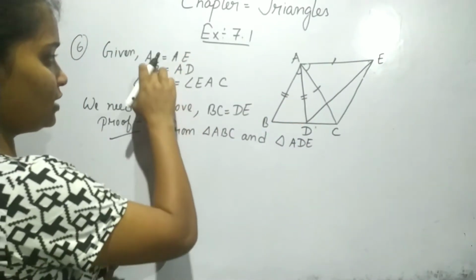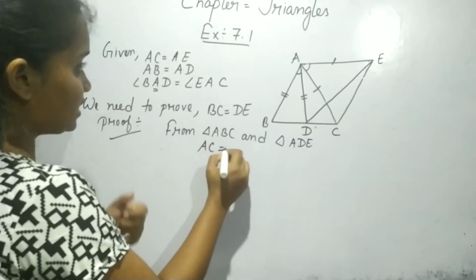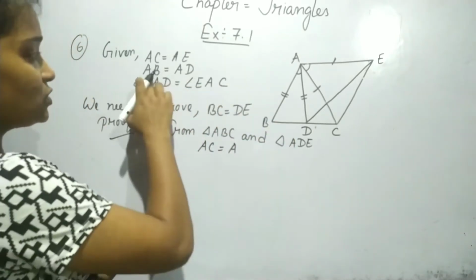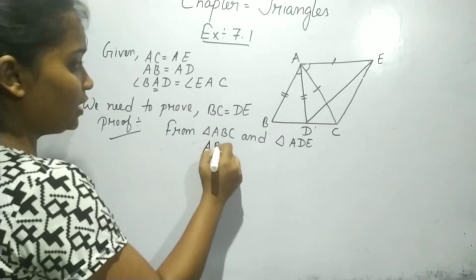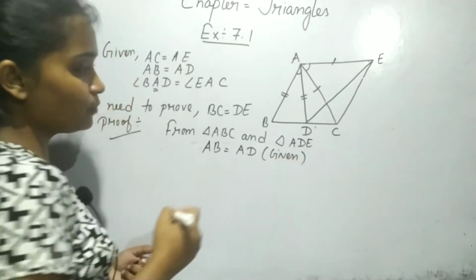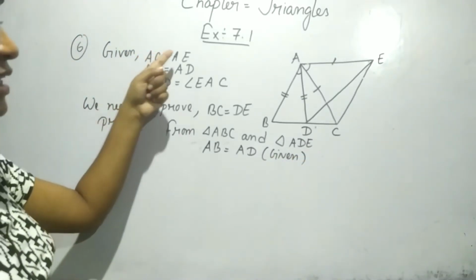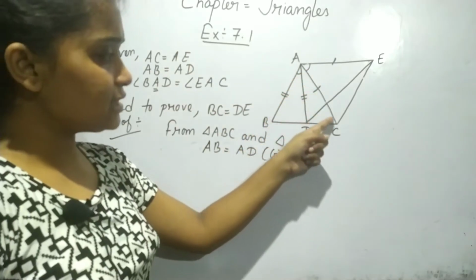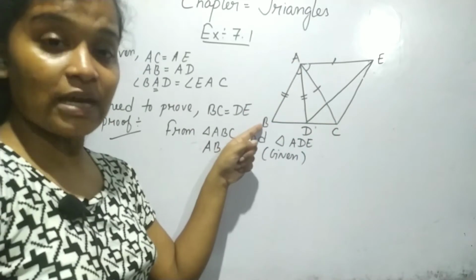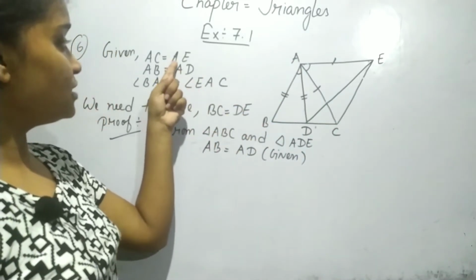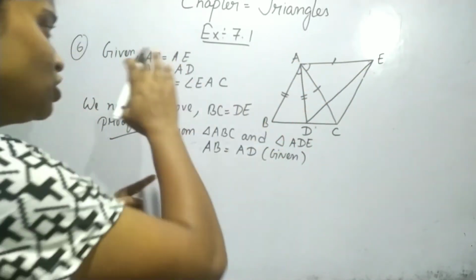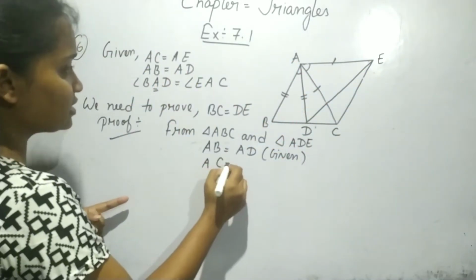So first of all I can write AB equals AD, and that is given. The other part I can say is AC equals AE. Here look, AC is in this triangle, in ABC I will get AC. Then the other is AE, which is in this triangle. What triangle am I taking? That triangle. So I can take this part also, that AC is equal to AE.